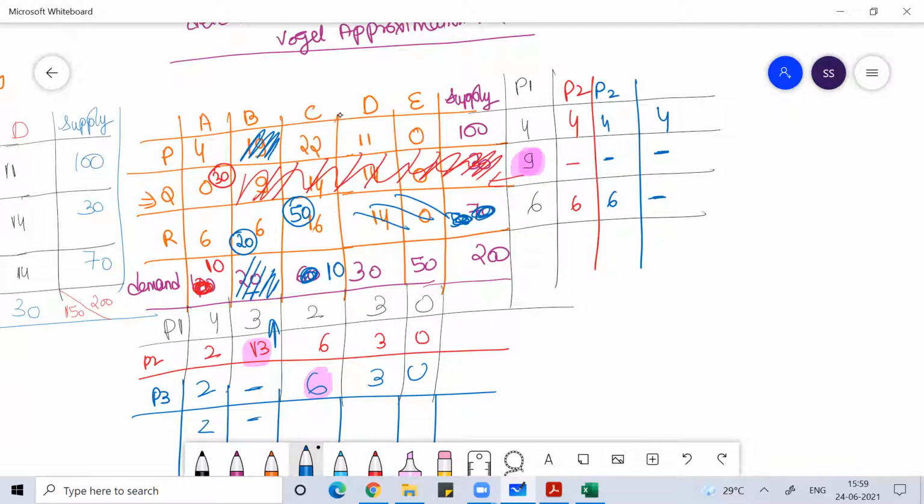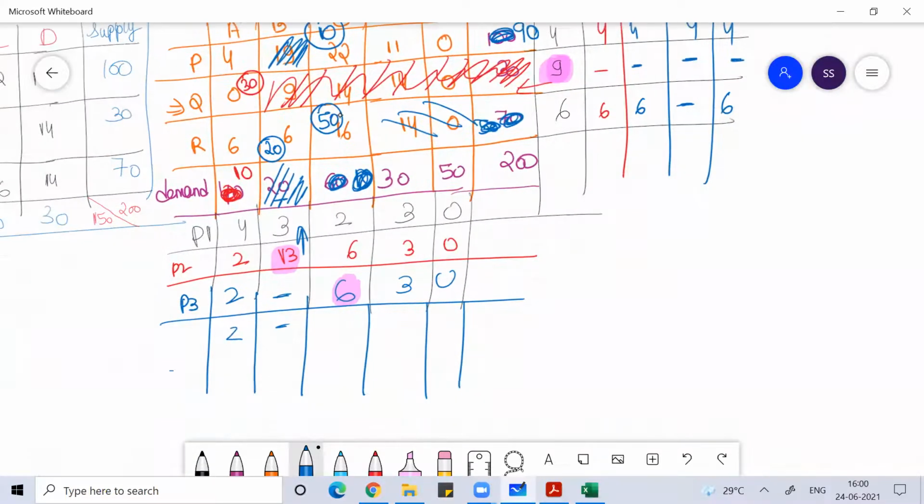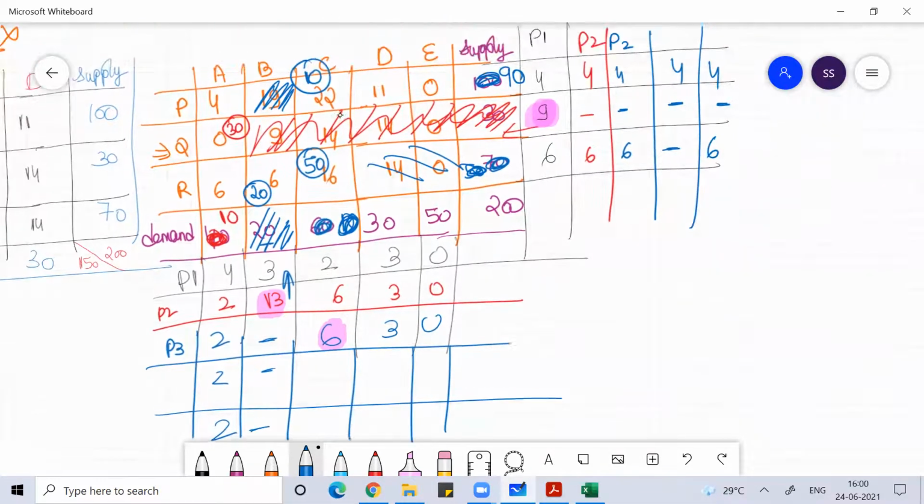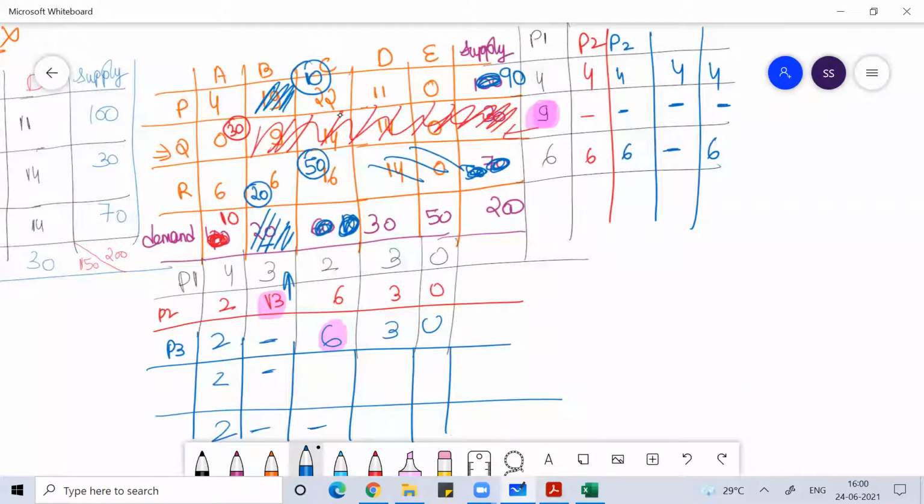This is 22, right? So first I'll do the allocation of this. This will be 10, so this is done. What is left is 90. Here this is still 4. This is done. Then the 6 is left. And here it is 2, this is done, then this here is 11. This is 0. So the largest one is 11.